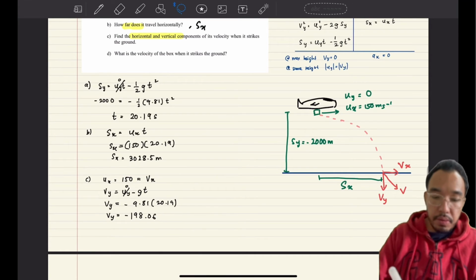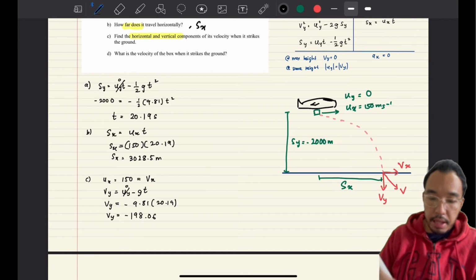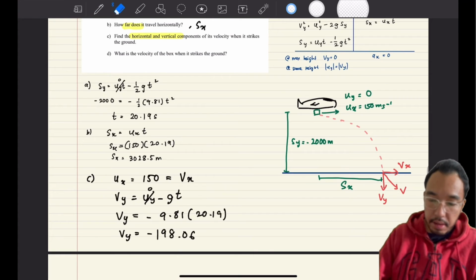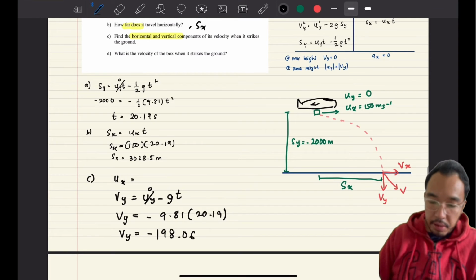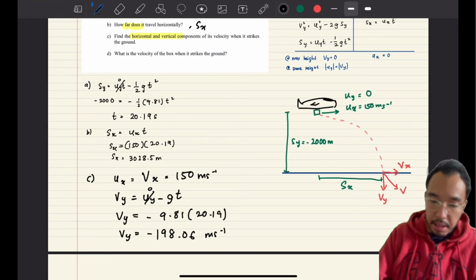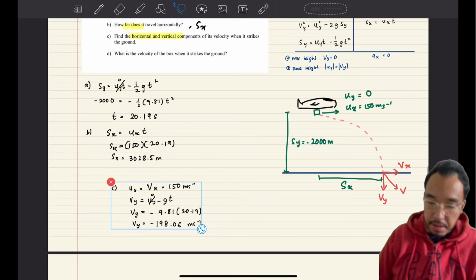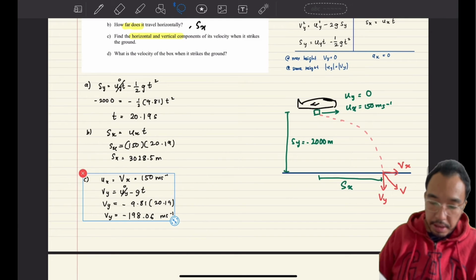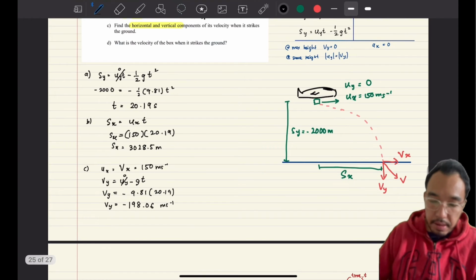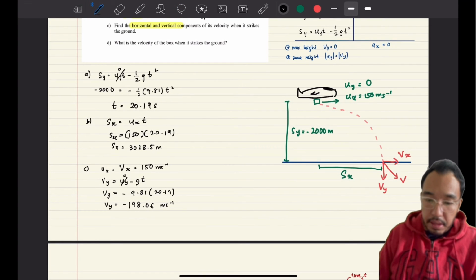Because the question asks you to state separately, because the question actually asks to find the velocity, horizontal and vertical velocity, I'm going to write it down properly. So like this one, you really need to write down the unit and direction. So minus 1, m s minus 1. Okay, then I'm going to make this one smaller. I'm going to write down the conclusion down here. So for vectors, it's best if you can rewrite the final answer. So therefore,